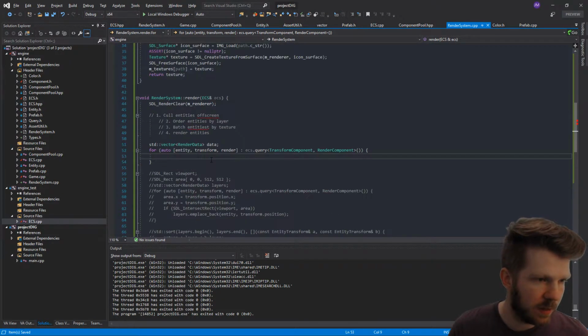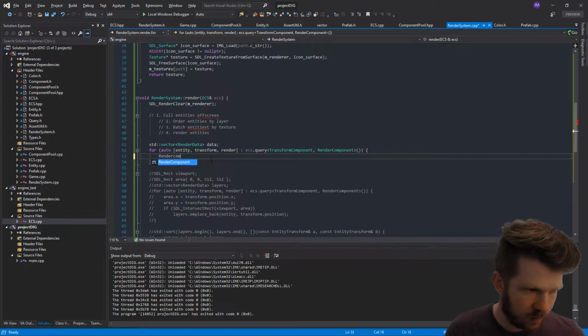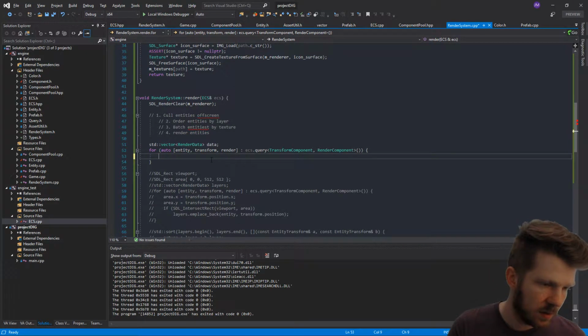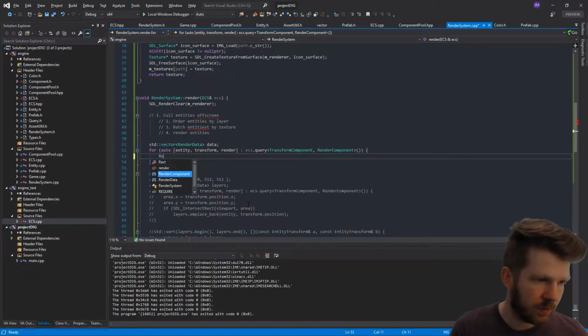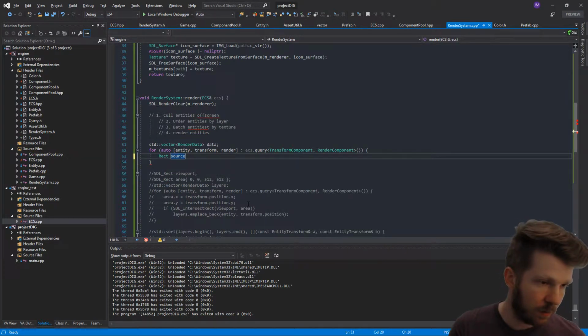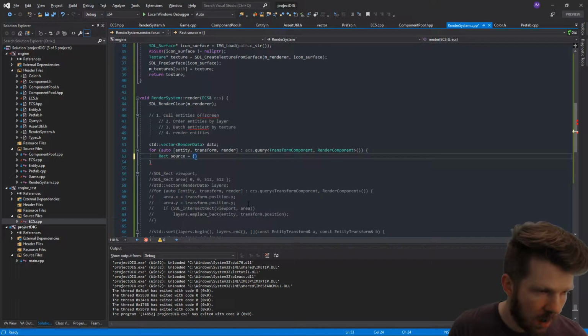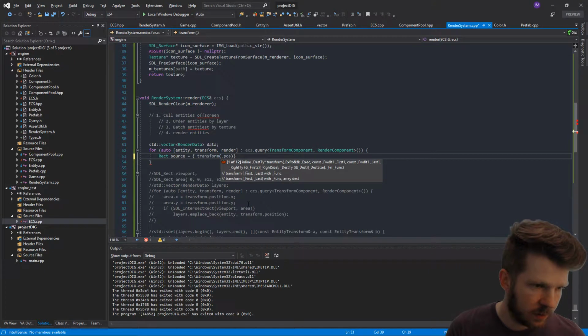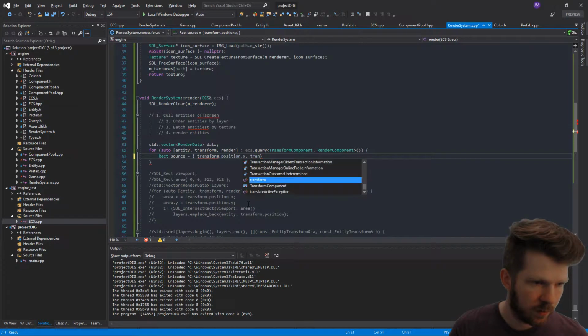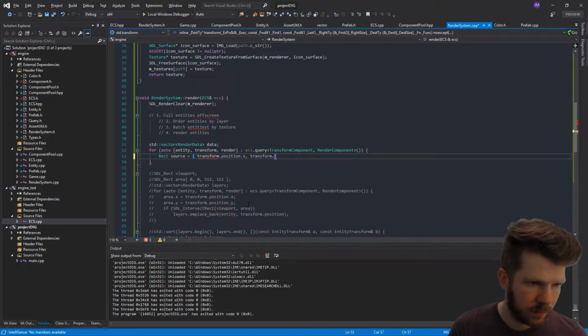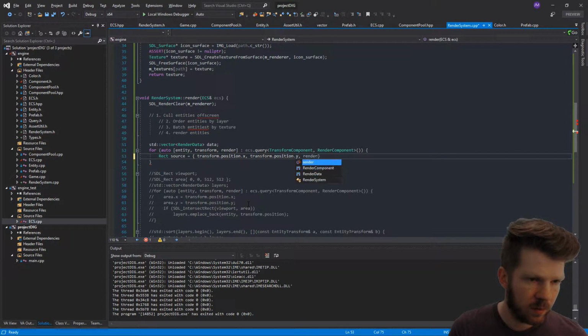But anyways, so what I'm thinking that we could do is we can create this render component or render data. Oh wait, first I guess. Oh, that's true. Well, we can do that. Yeah, we can do a rect source, or like area, whatever. Bounds. And what this would be is the transform position X, and the transform, why are you doing that? Position Y, and then the render,